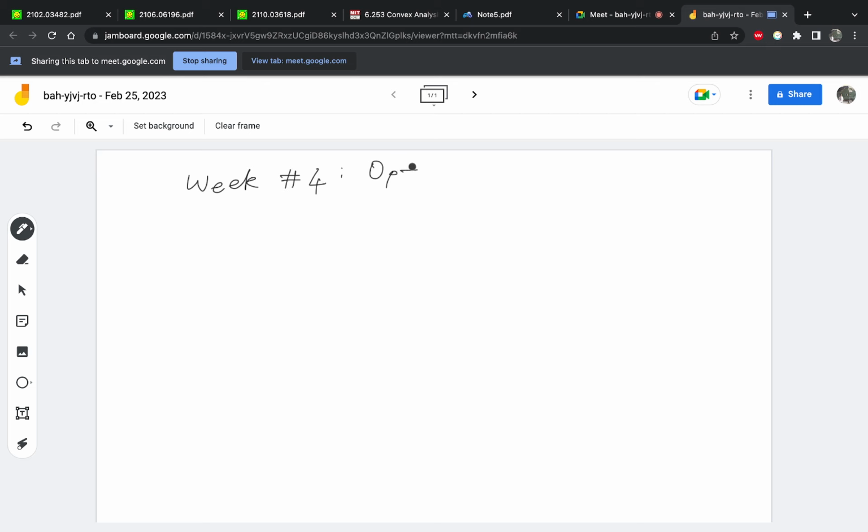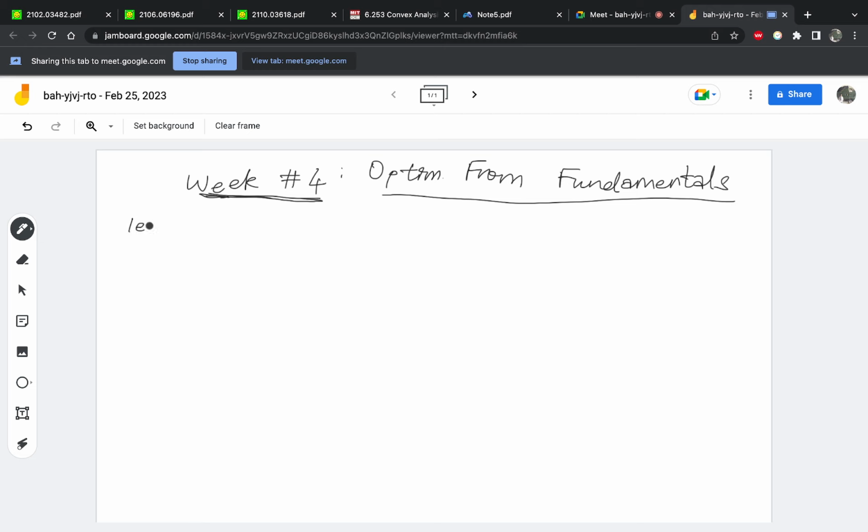This is optimization from fundamentals. So last time we could not cover problems or ideas corresponding to lecture 6C, and that is about